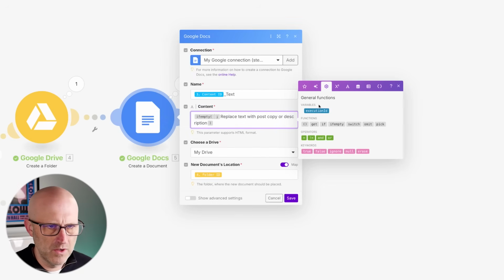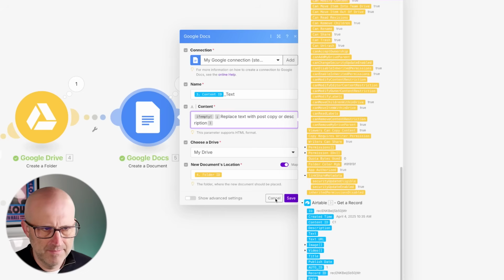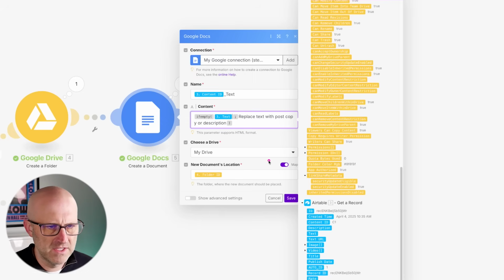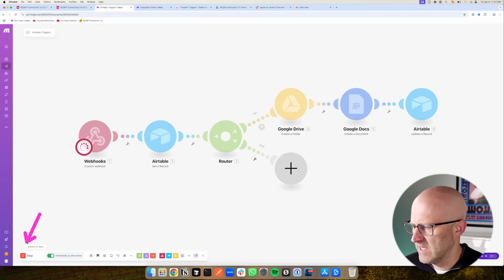And then what we'll do is we'll go to Airtable, scroll down, and we'll use the text. So if there's something in the text, it's going to use that. Otherwise, it's going to give us this boilerplate text right here. So let's go ahead and save. And now I'm going to run once. The run once is really good for testing one thing at a time so that you can actually watch it